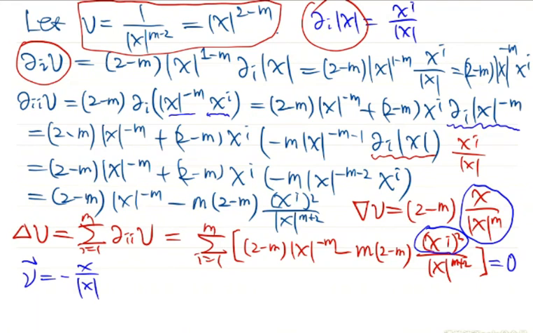This is the outward unit normal on the boundary of the inner sphere. Therefore, on this part of the boundary,